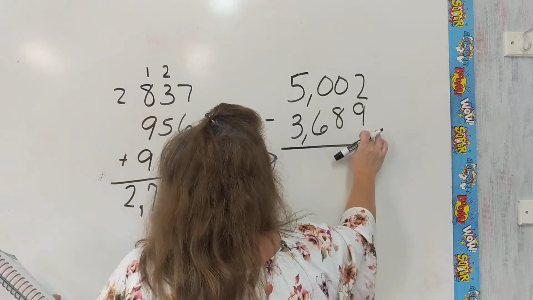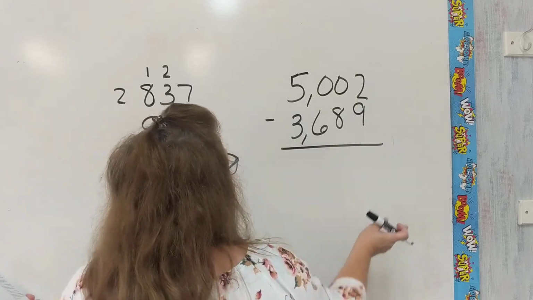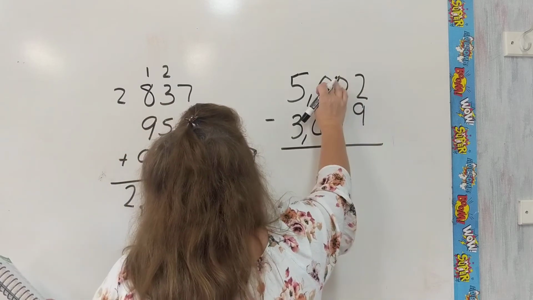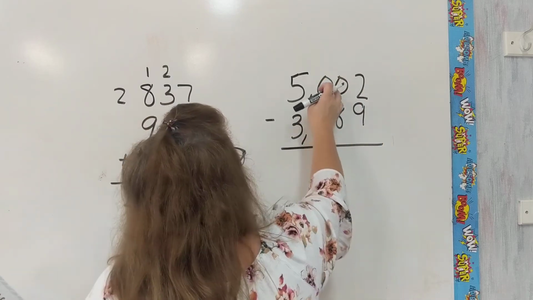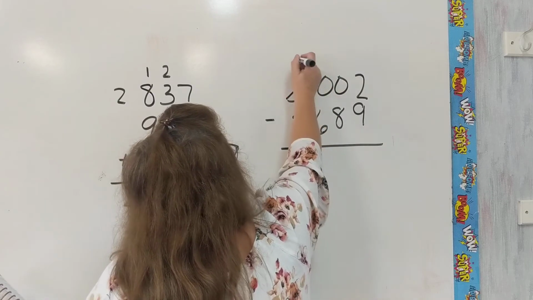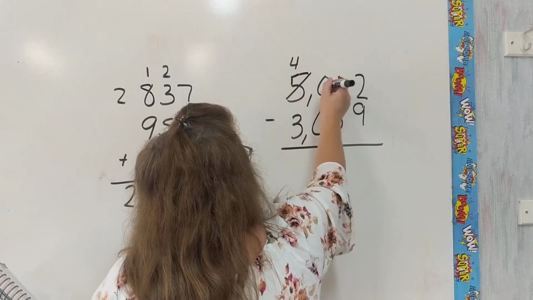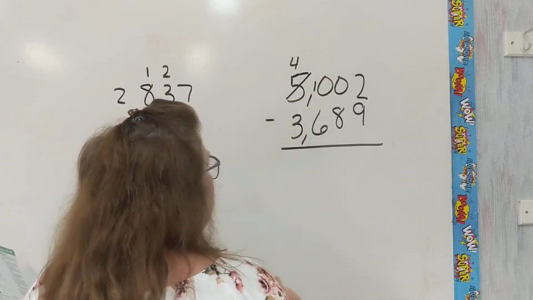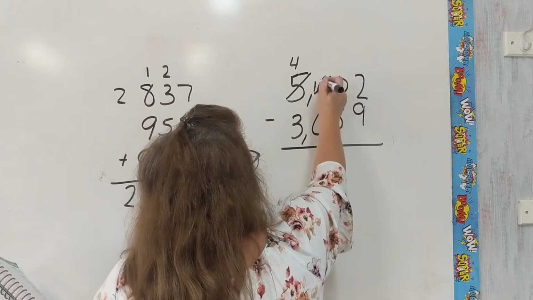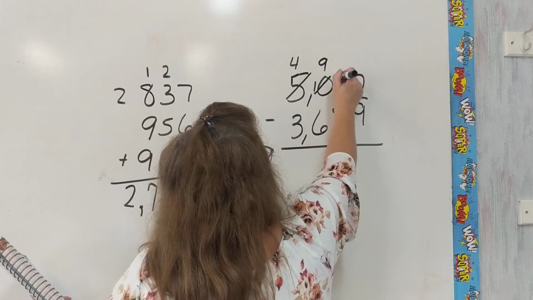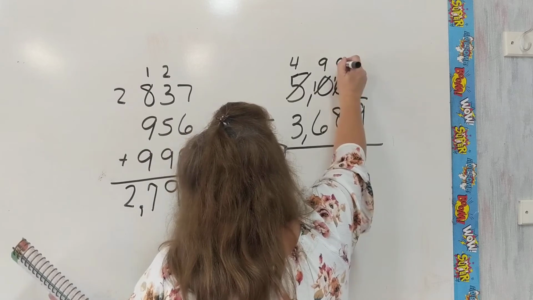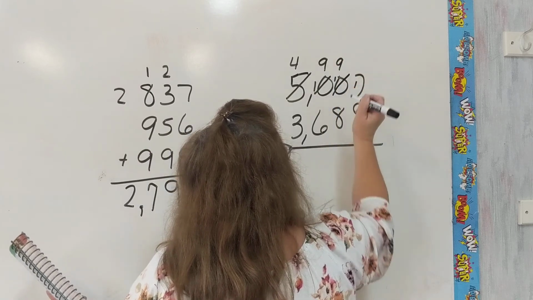Can we say 2 minus 9? Nope. We're going to go next door and borrow, but there's not anything there to borrow. Go next door, there's not anything there. So we're going to come over here. This guy's going to come over here and borrow. So our 5 will become 4. And this guy borrowed 1, so he now has 10. We're gonna borrow 1 from him, so that'll be 9, and this guy has 10. So now he's gonna borrow 1, and that'll be 9, and that 1 will go in front of our 1's